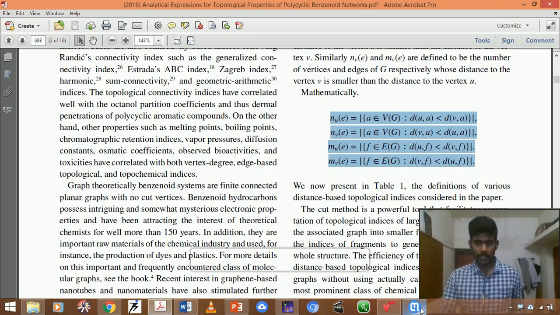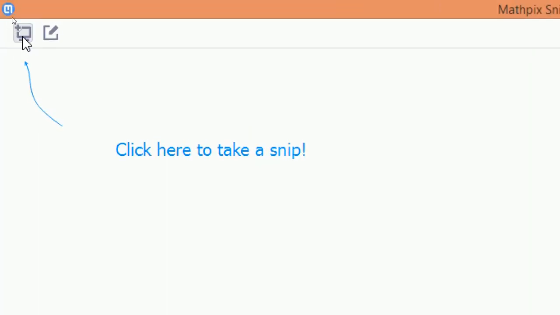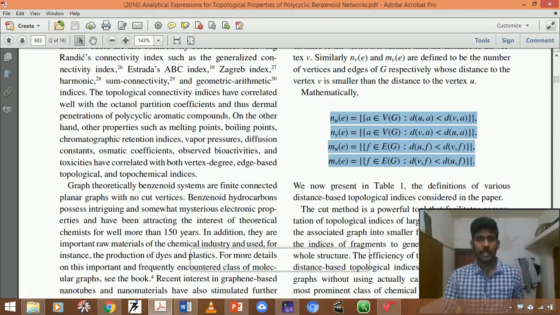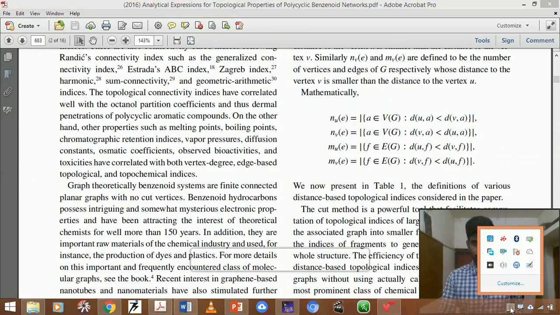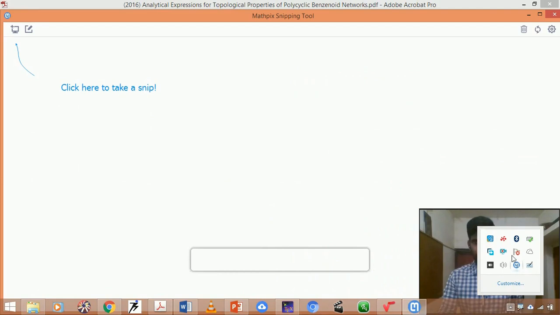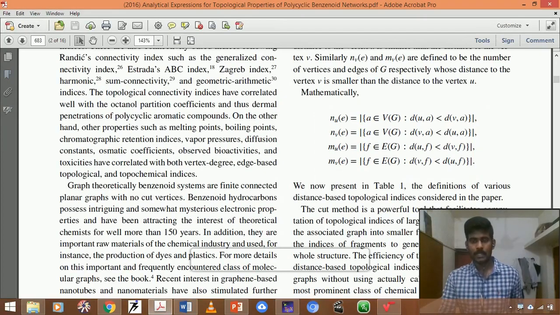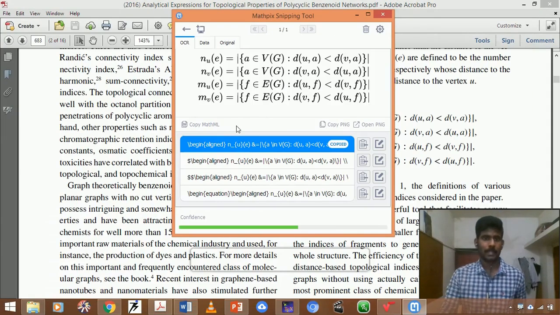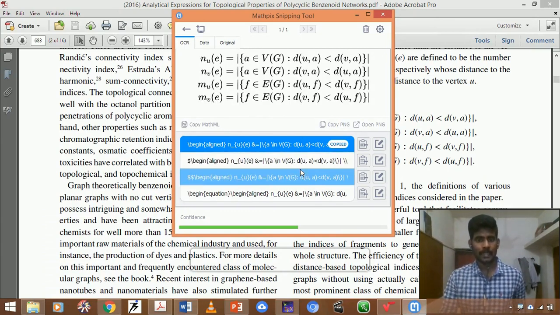So I can go back to the math snipping tool. Here I can simply press this option. After this, it will ask you to fix a place, like, yeah, 1 minute, sorry. Yeah, so I can just press it here. I can simply select the part that is required to convert as a LaTeX command. See, here it is, a beautiful one. It was converted as LaTeX code.